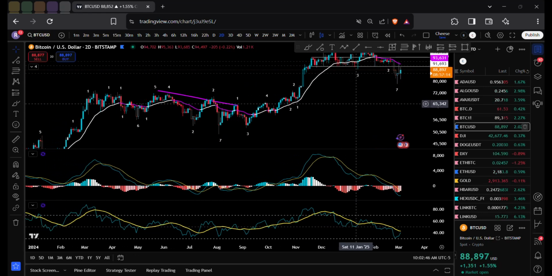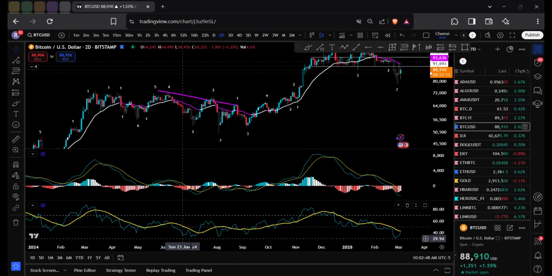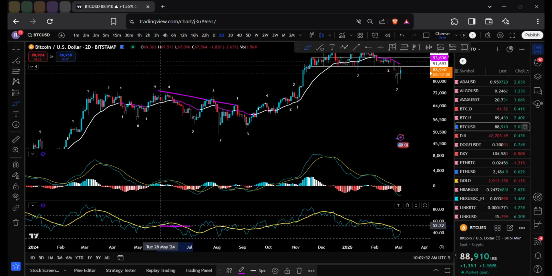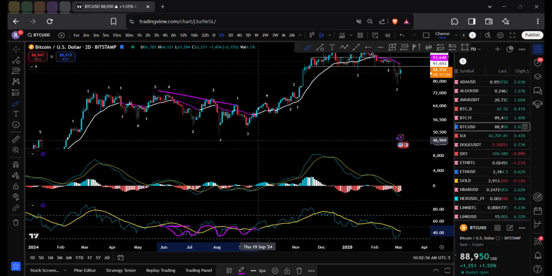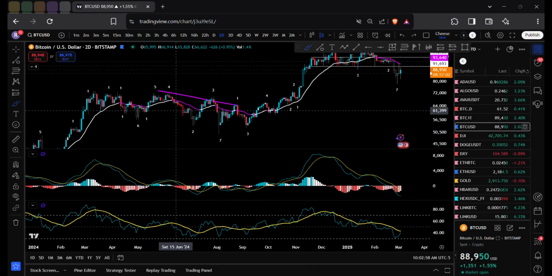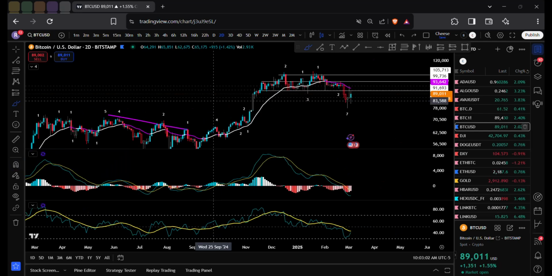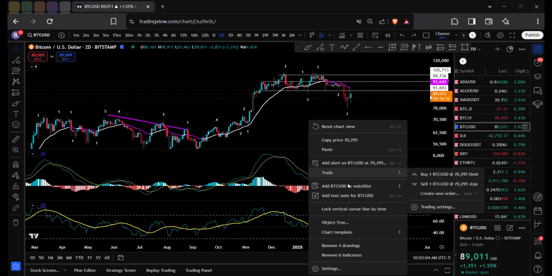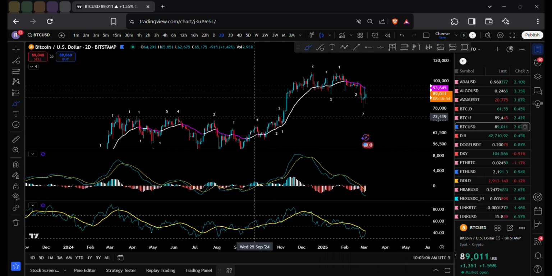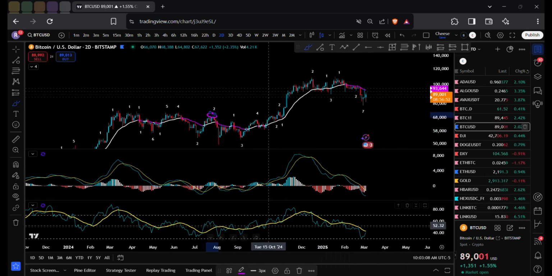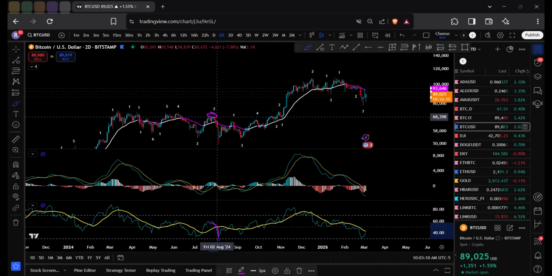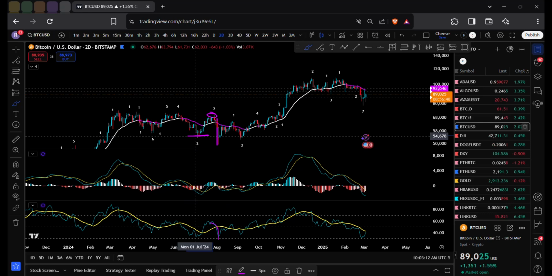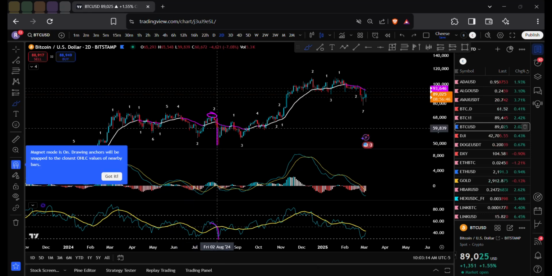As you can see here, like I was saying, the importance of breaking into section B, right? This is the confirmation right here, because now we're constantly staying in section B. Just look up, right? You can see we broke the moving average, we came down, we were using it as support. This was a lower high over here, right? What happened when we came back into section B? We actually broke the most recent support of 54.6, made a lower low.